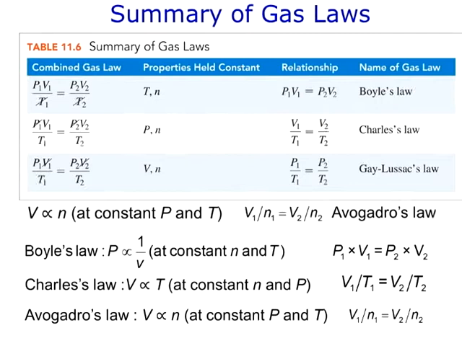We also have Avogadro's Law, which is derived when there's constant pressure and constant temperature. And the relationship is shown here in the volume per mole of 1 to the volume per mole of 2. We show you these again at the bottom slide here. Again, we're showing it to you in several different forms just to familiarize you with the type of math that you'll see. It's fairly straightforward math.